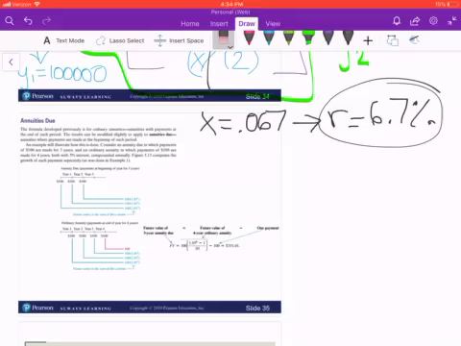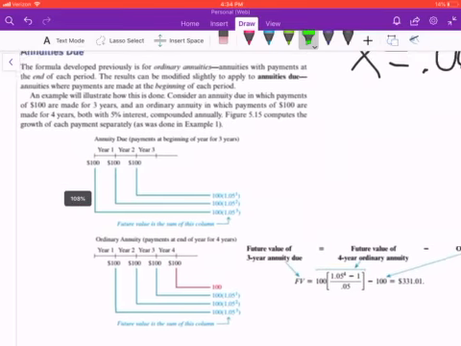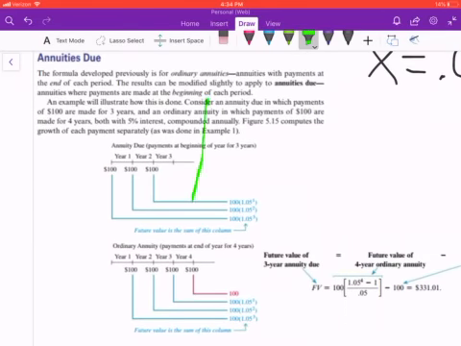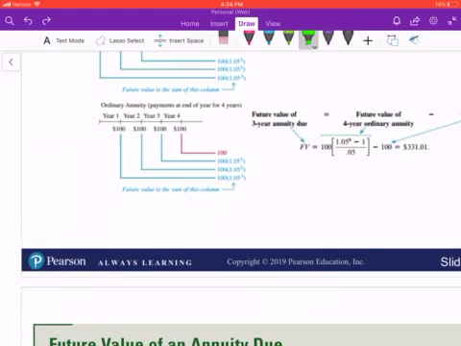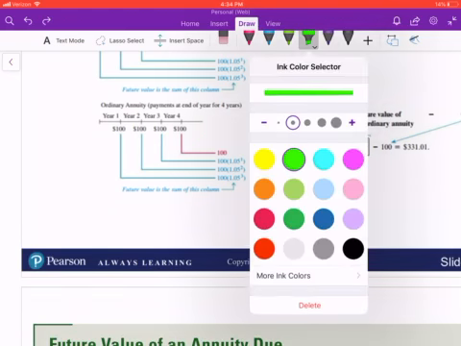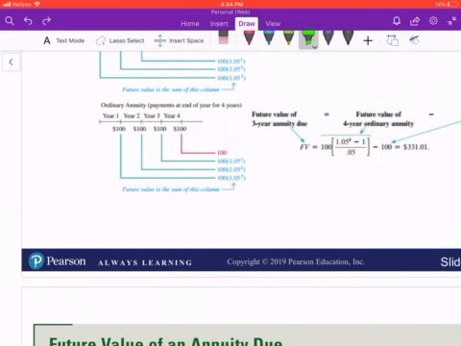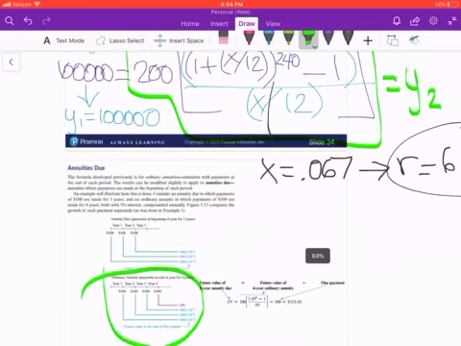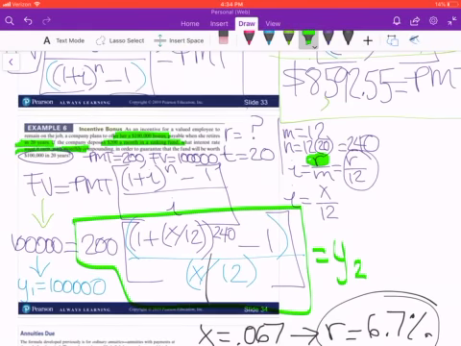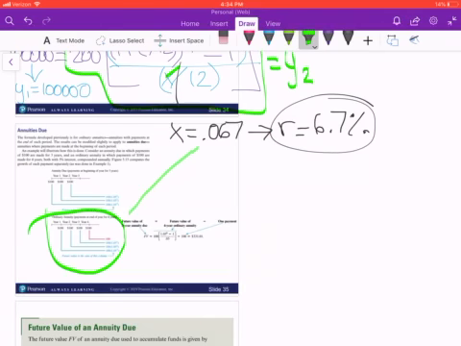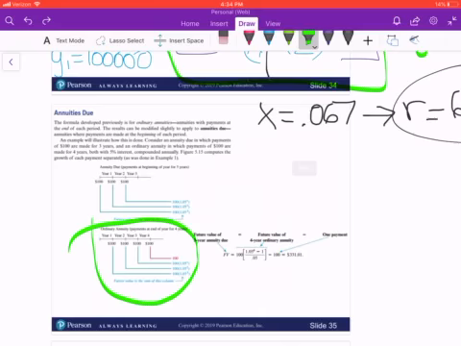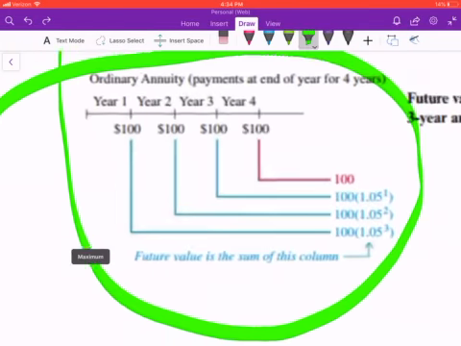The difference with those and annuities do is the time when you make the payments, the regular payments. So for the ones that we've been doing, we've been using this formula. Well, that will be the breakdown of the formula, that is in reality this formula. So with that, since we're making the payments at the end of each period, you could see here how at